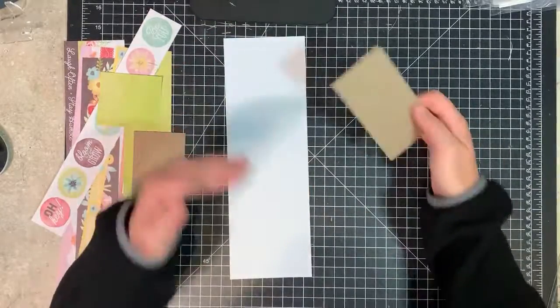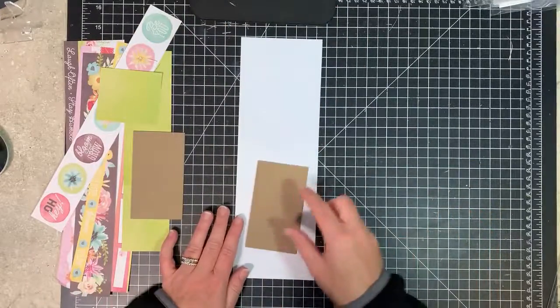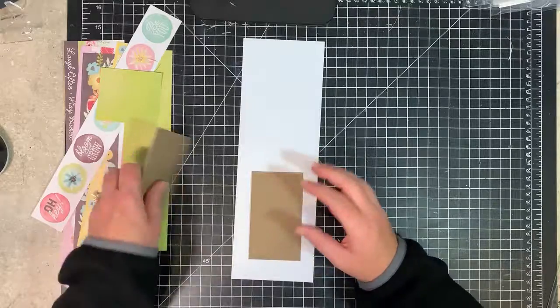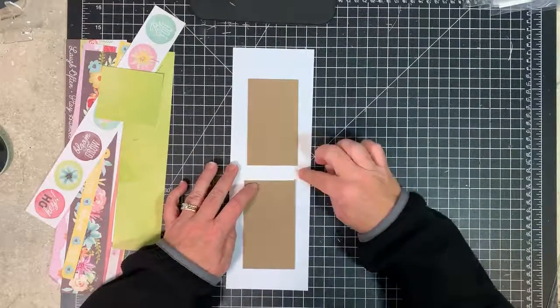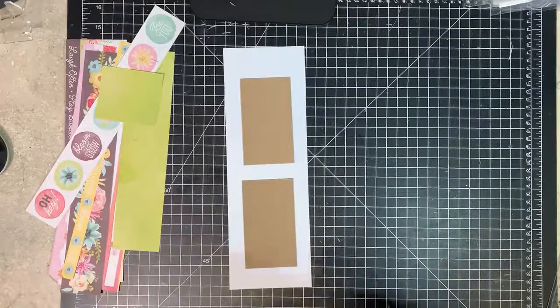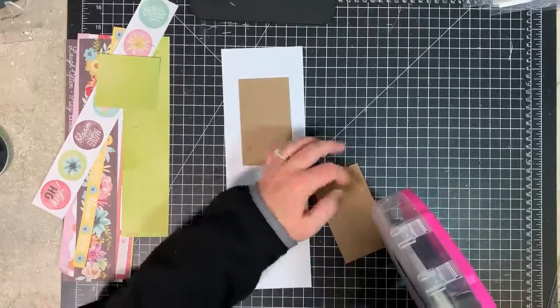So I just took my 12 by 12 piece of paper and I cut it 4 inches wide. And now what I'm going to do is these are going to go on here just like this. And I'm going to tell you what that measurement should be also. But just to get started here, I'm just going to simply put, whoops,